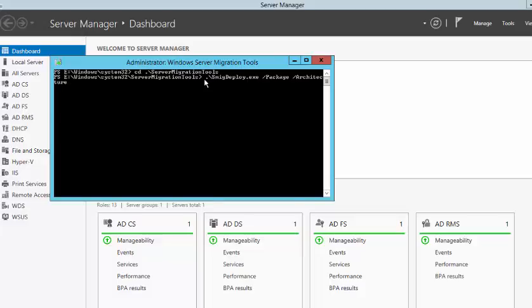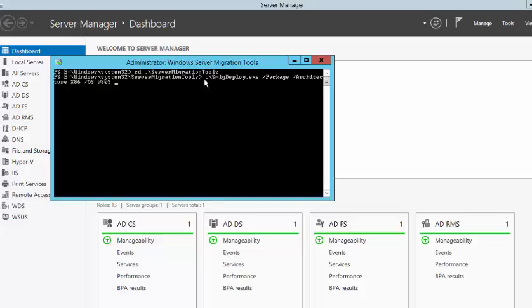We also have to say that it is an x86 system. Remember that Windows Server 2003 is an x86 processor system. Then we also have to type the operating system, which is Windows Server 2003, so that's WS03. And then we have to type the path where we actually want to store this folder, bearing in mind that we're still on the destination